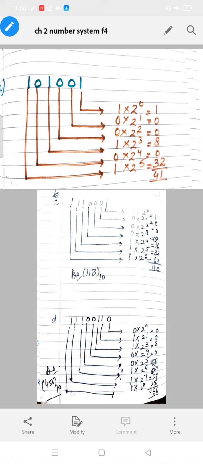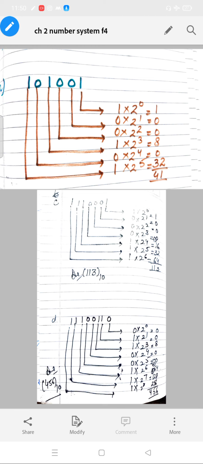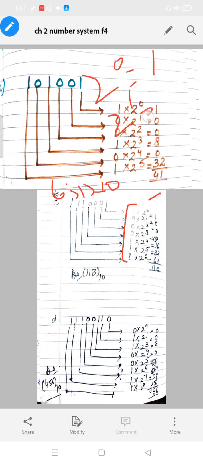Second will be your homework, and for C you will do, here we are having the number 1110001. The position of number starts from 0, 1, 2, 3, 4, 5 and 6. 6 positions are here. So 1 is on 0 position, 0 is on 1, 2, 3, 4, 5, 6. We have mentioned the position and written the number as well. And after that we will do multiplication. 2 raised to power 0 is equal to 1 and 2 raised to power 1 will be 0.